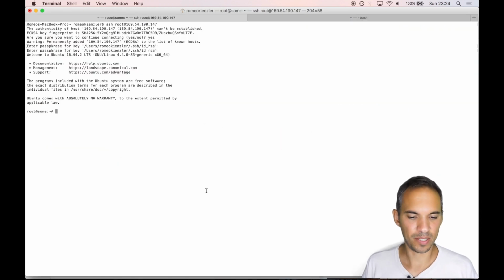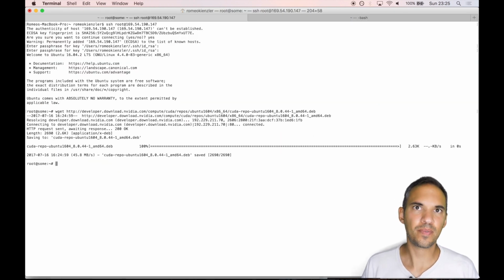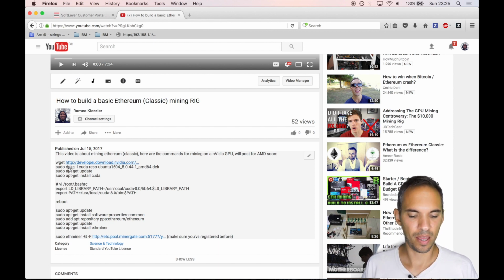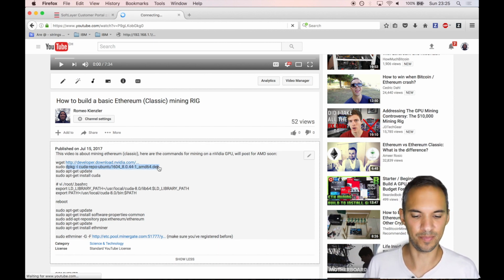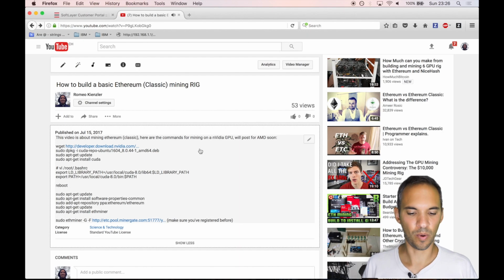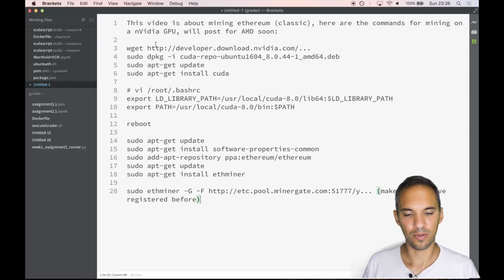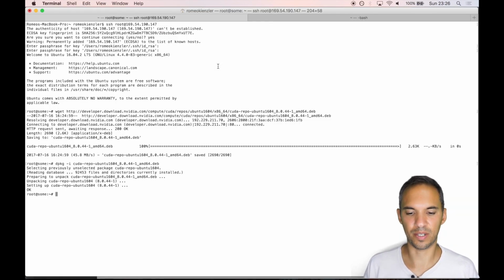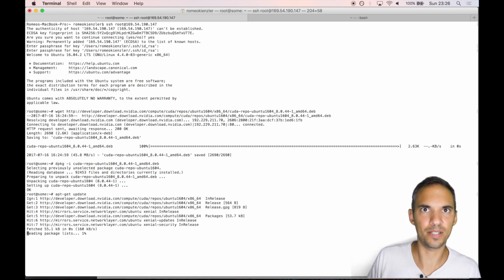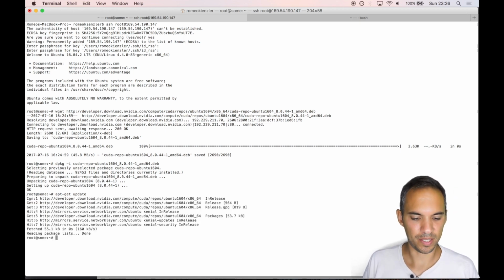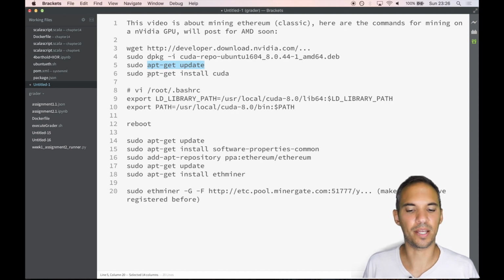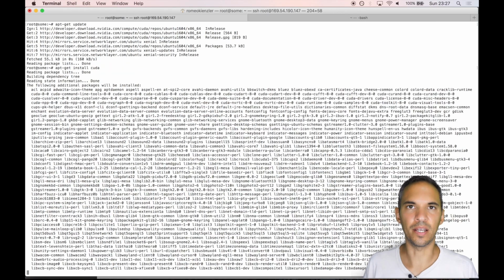Okay, so let's download the CUDA Debian package, and now we will install it. That's only a one-liner, already done. And now let's copy paste all this stuff to an editor. What we have to do is run an apt-get update, because this package of course does not contain the drivers, only the references to them. And after the update step, we can run an apt-get install cuda, and then the data is directly downloaded from